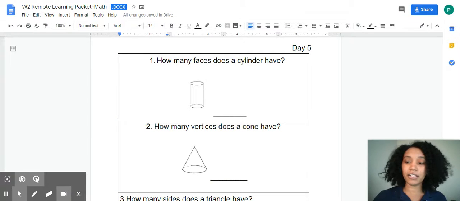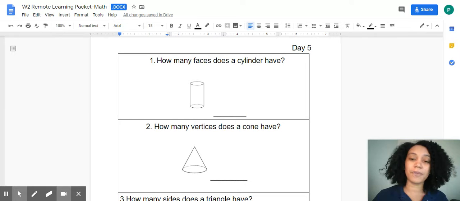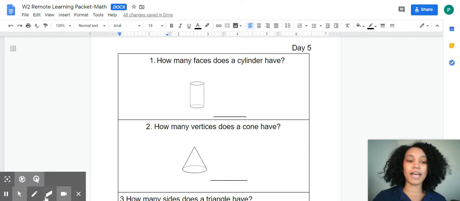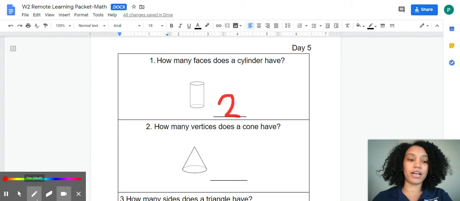So taking a look at number 1, how many faces does a cylinder have? Ooh, how convenient, because you just talked about the faces on the previous day. Well, I know it has a top and I know it has a bottom. 2 circles, so that means it has 2 faces. In this line, I would write 2. Then the next questions, you're going to answer those as well. So how many vertices